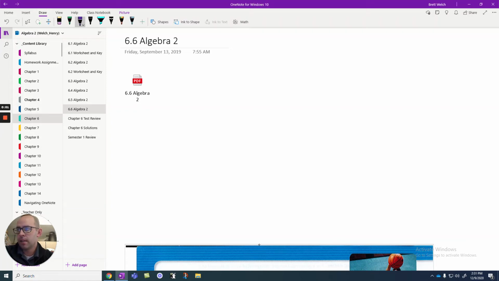Hey guys, this is 6.6. We're going to go through some solving radical equations and solving these equations with fractional exponents. And at the end of the day, no matter what the problem looks like, it's really about peeling the layers off of our x. And so if we look at, let's just say we've got 2 times the cube root